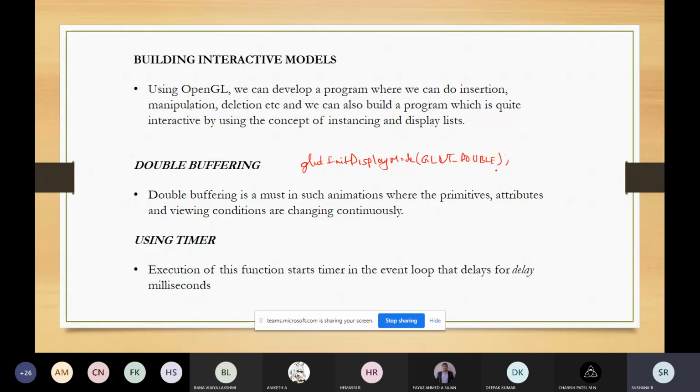Because of that we will see a blurred display. In order to avoid that we use the timer function.